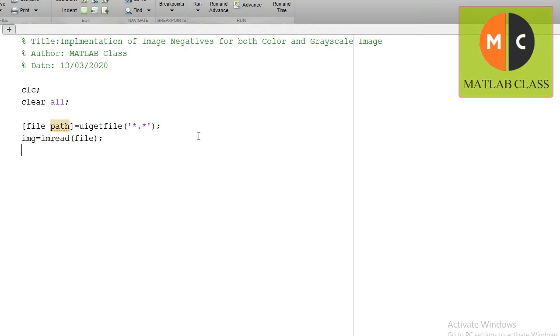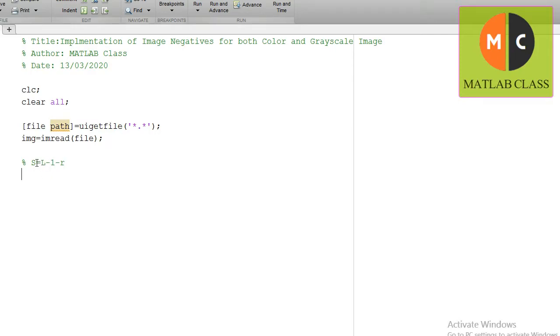Now just enter here. Now we have to find out the maximum pixel value present in the input image variable img. So we have a formula for image negation, that is s is equal to, so I'm going to write the formula in a comment line. The formula of image negation is output s is equal to L minus 1 minus r.